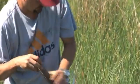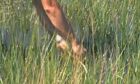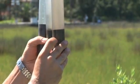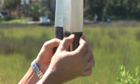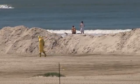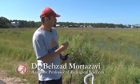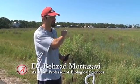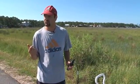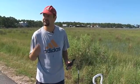By taking samples from the marshes and studying them in a lab on the University of Alabama campus, Dr. Mortazavi and his colleague, Dr. Patricia Sobecki, are focusing on finding ways to help the naturally occurring microbes break down the oil quicker, therefore reducing its effect on the Gulf Coast. We plan on using materials that are naturally occurring in these environments, like fish, vegetation, and turning them into a form that is available